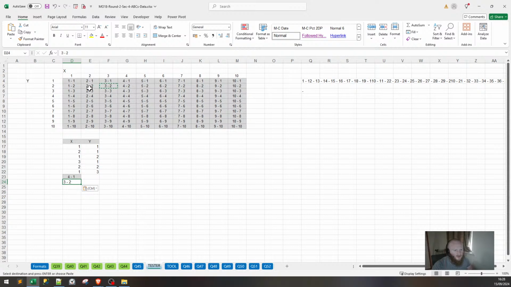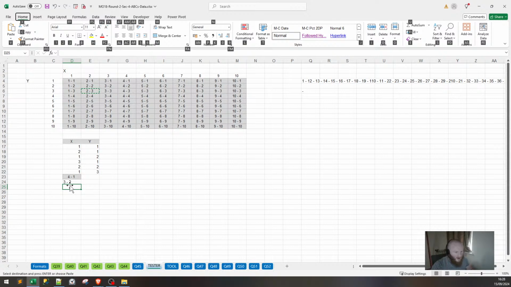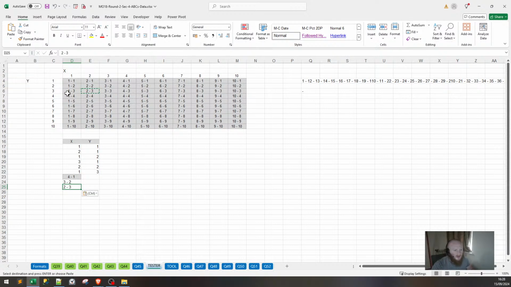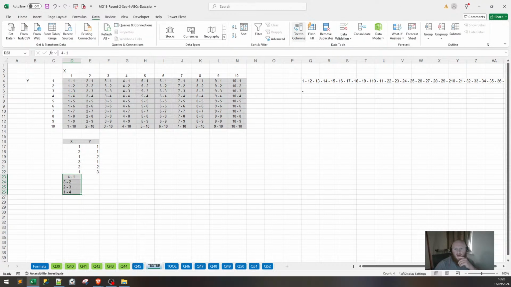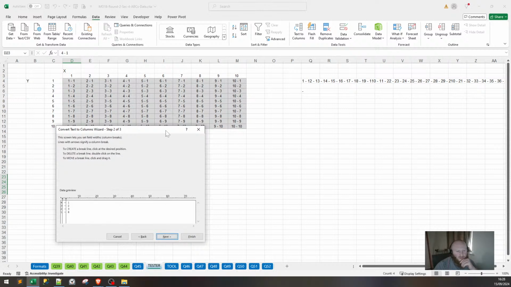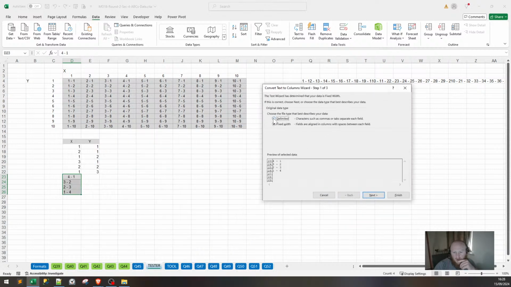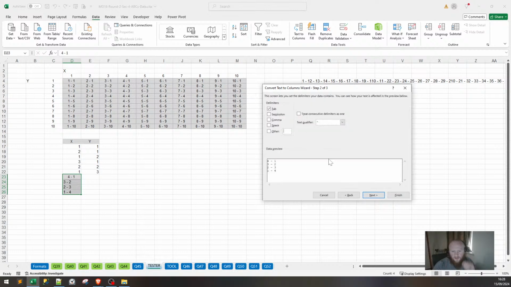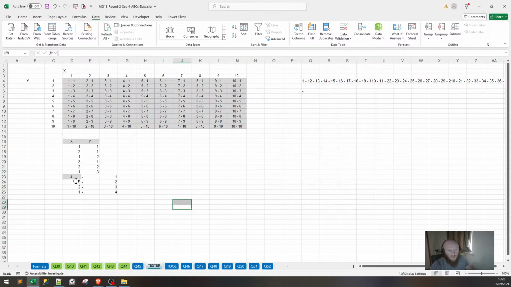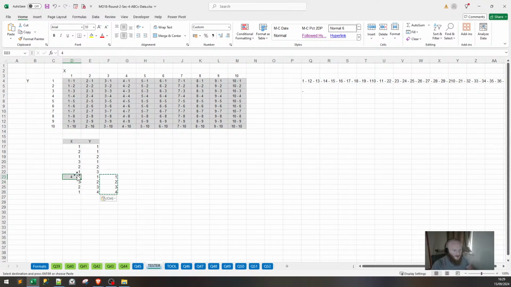For those who don't know, I'm just using Alt HVV to paste as values, which is flipping amazing. So 1, 4. One thing I don't think about is how on earth